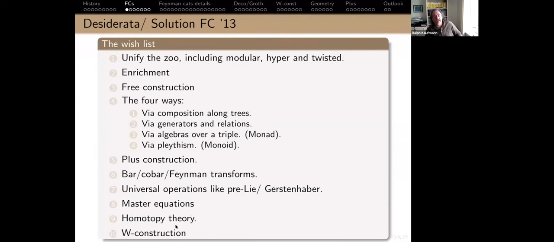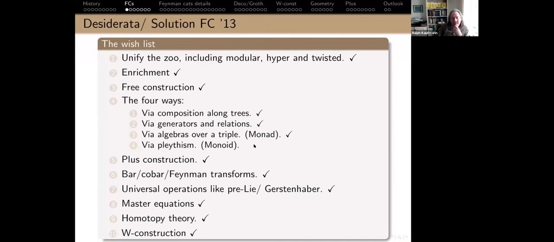There should be a homotopy theory. And this bar and cobar should give us resolutions for the homotopy theory. And there should be something like the W construction going back to Boardman and Vogt. And then actually, the paper on Feynman categories in 2013 already has all of this. So everything is in there, and it's published a little later. So this is one of the curses. It takes forever to publish stuff. But in 2013, this was already in the paper, with maybe a second version in 2014, which had a little more detail, but it's been stable since then.